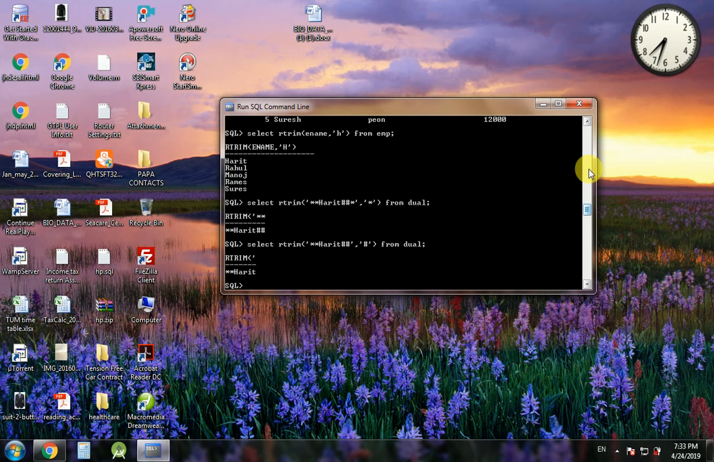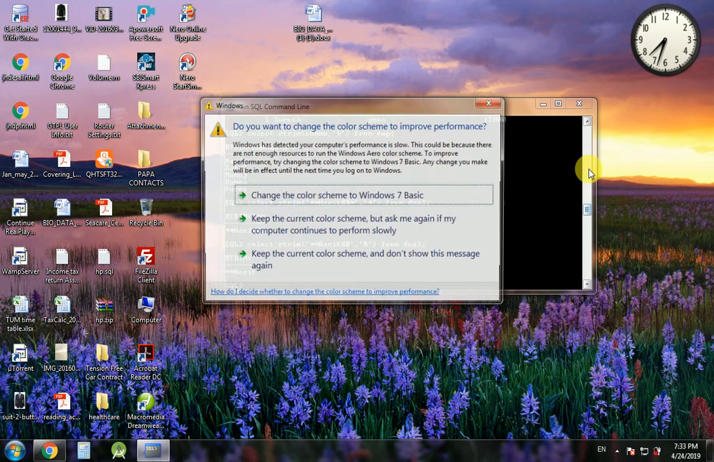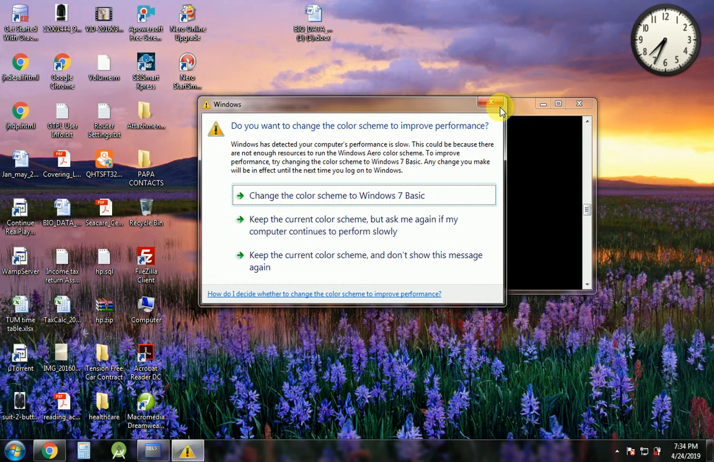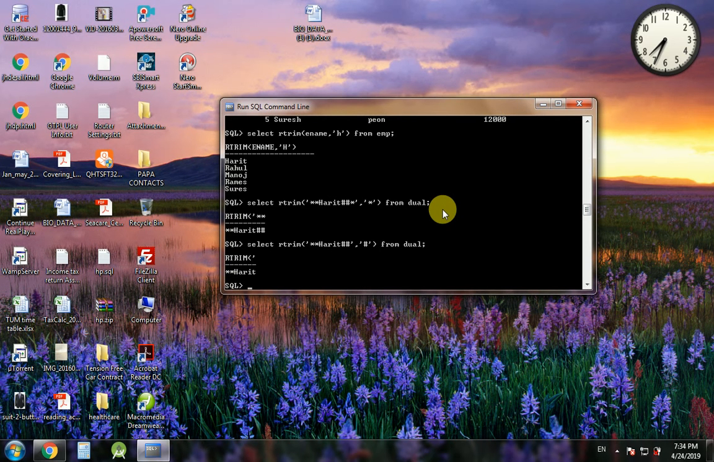Now let us see the replace function. The basic difference between replace and translate function is that translate performs conversion character by character, while in the replace function we need to provide the whole string. So translate converts one by one, while replace converts the whole string. So let us use the replace function. All these functions we will use on our dual table. So select replace,